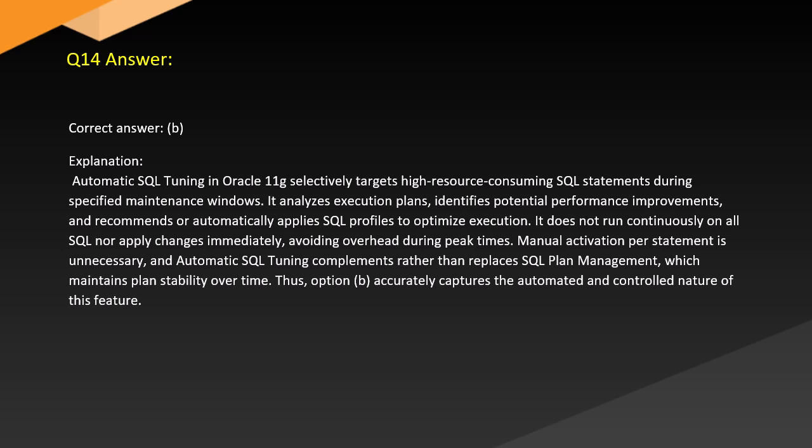Answer. Correct answer: B. Explanation. Automatic SQL tuning in Oracle 11g selectively targets higher resource-consuming SQL statements during specified maintenance windows. It analyzes execution plans, identifies potential performance improvements, and recommends or automatically applies SQL profiles to optimize execution. It does not run continuously on all SQL nor apply changes immediately, avoiding overhead